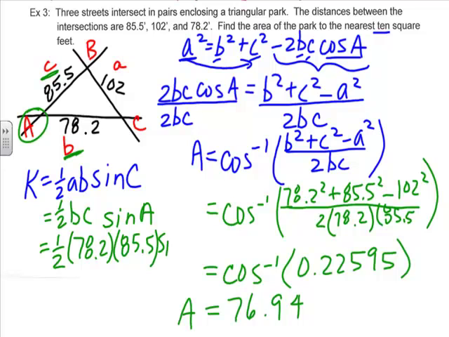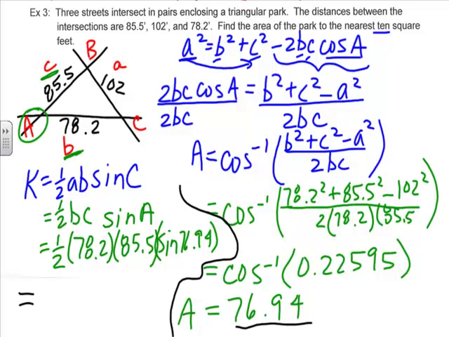and now I have a little bit of a space problem, I apologize, times the sine of 76.94. Now, once again, just to prevent rounding errors: if it was me, I would still have this 76.94, whatever it is, with more decimals after it sitting on my calc. I would probably just hit sine, second answer, so I get the accurate value of this, and then times 85.5 times 78.2 times 0.5. And you would get something that was approximately